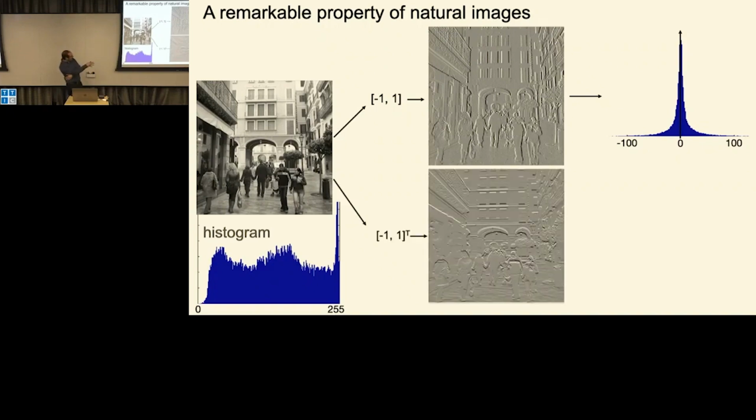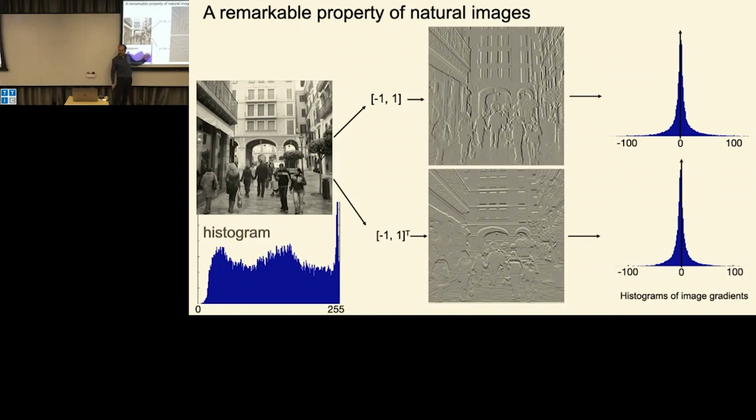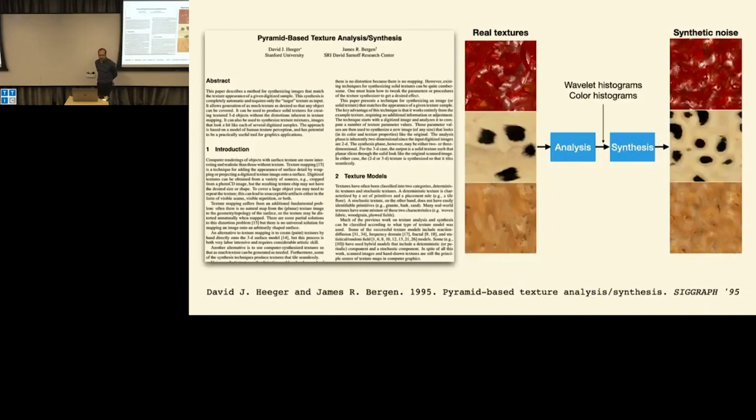This is taking the opposite derivative, you get the same profile. And again, I challenge you to take a picture that, if you compute the histogram of a derivative, you don't get something that looks like this. It's hard. You can find it, but it's really, really difficult. So these are two remarkable properties of natural images. So now, what we can do is go to some very old work in generative image models that predate most of you,